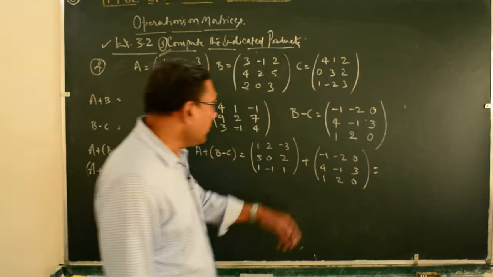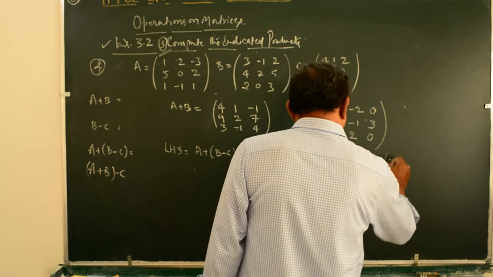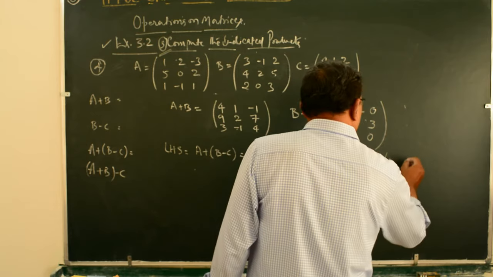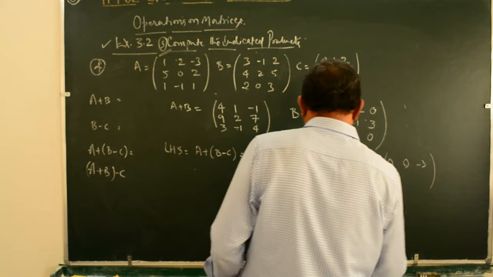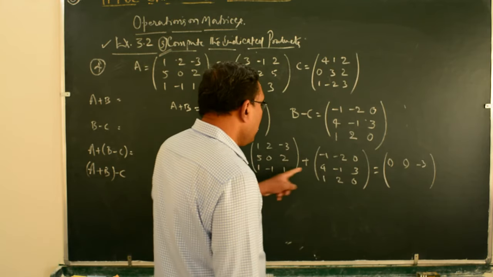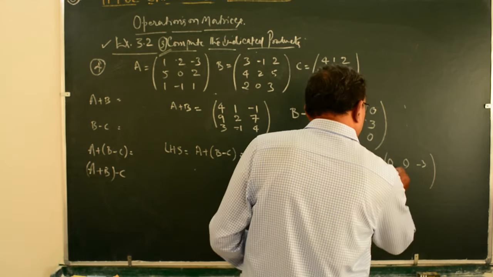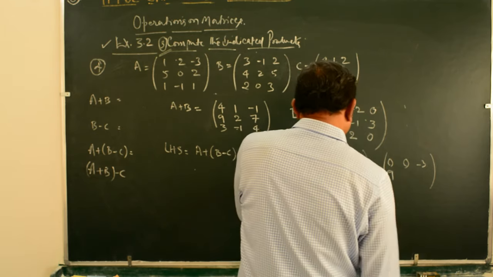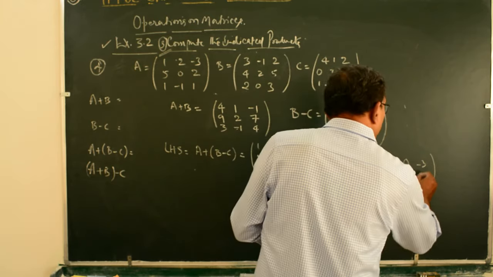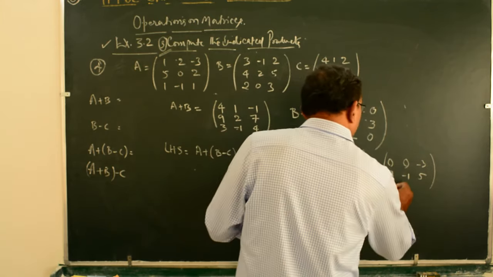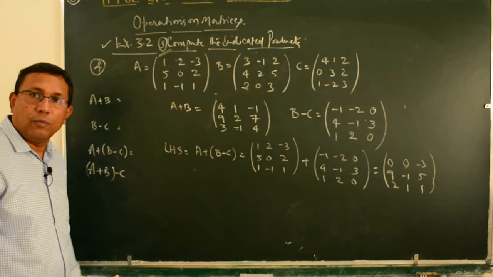When we add, 1 plus of minus 1 is 0, 2 plus of minus 2 is 0, minus 3, and here 5 plus of 4 is 9, and 0 plus of minus 1 is minus 1, 2 plus of 3 is 5, and 1 plus 1 is 2, minus 1. Okay. Now we will check the